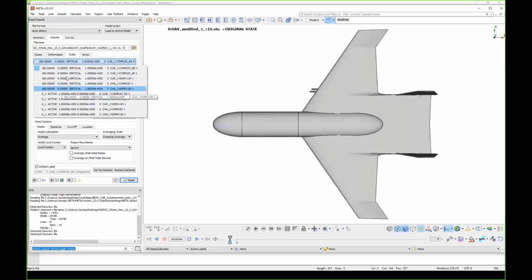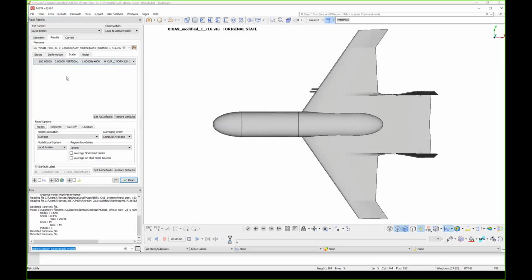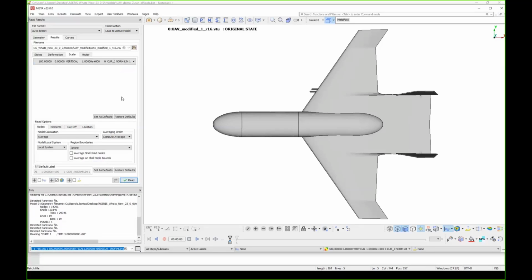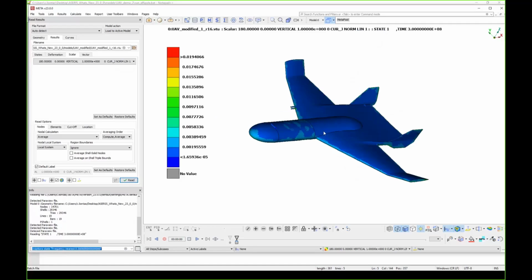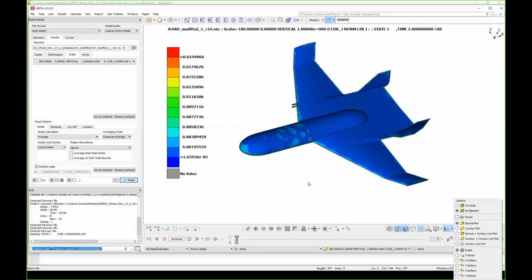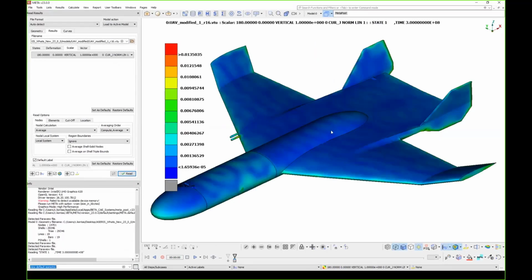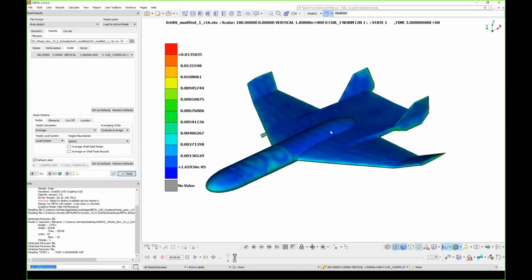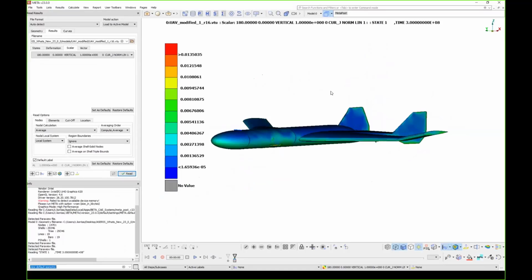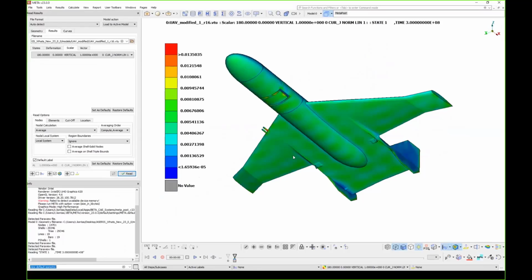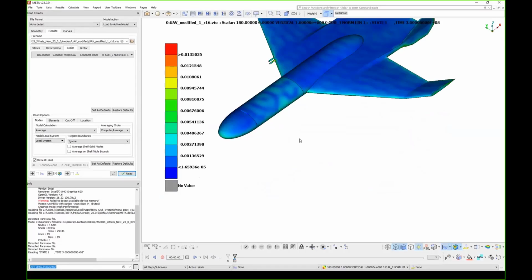For example, if I want to see the electric current that has been excited by the plane wave, I will go here. I can see how it looks. So here you can see the electric currents that are induced by the plane wave. And as you can see, the highest values are underneath because the plane wave comes from underneath. And on the top, you don't have so many currents. They are just the residual currents that creep around the surface.